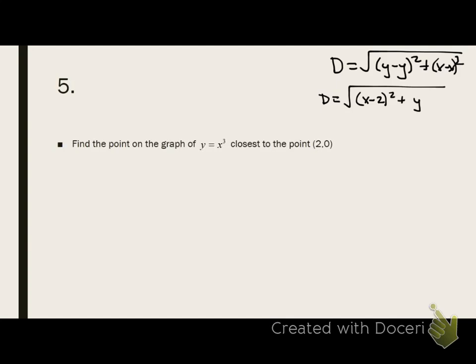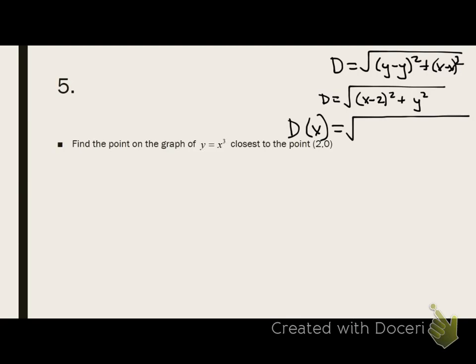Y minus 0 is just y squared, right? Do we want to square that now, or do you want to plug in what's y? X cubed. Why don't we take this x cubed, plug it in right here? So what's x cubed squared? X to the 6. So now let's say the distance formula in respect to x would be,